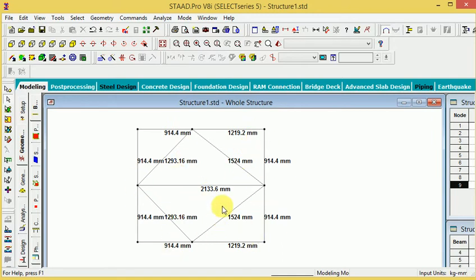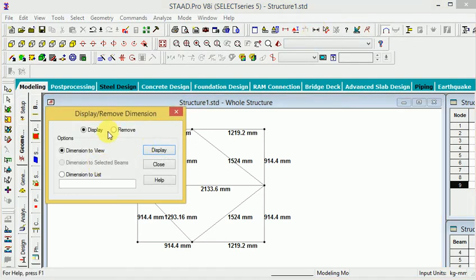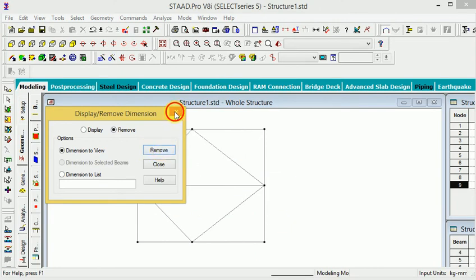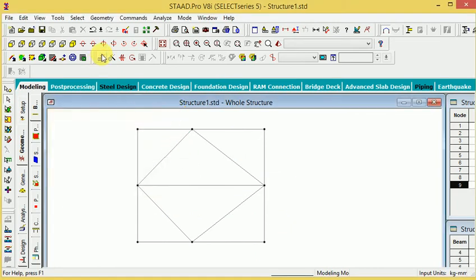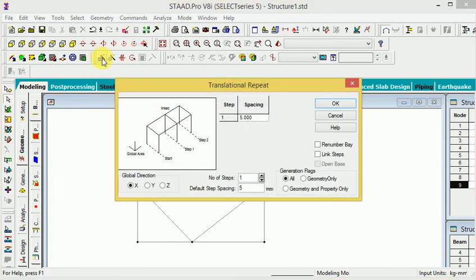Now when you select this, if you do not want the distance, remove the distance and OK. Yes, go to pattern here, repeated pattern, apply the number of steps, along the y-axis.